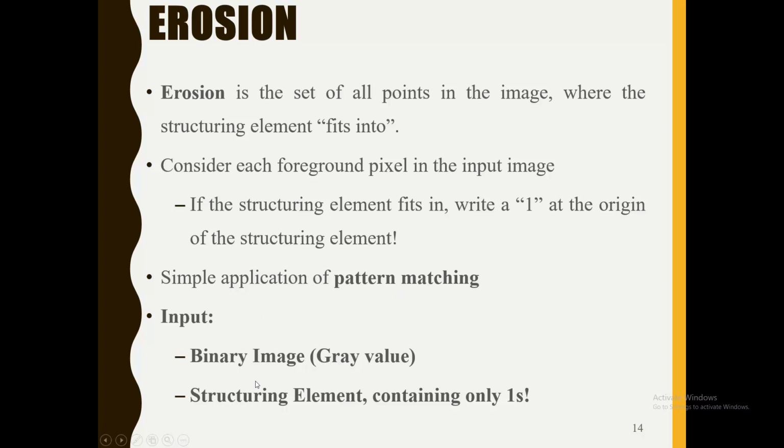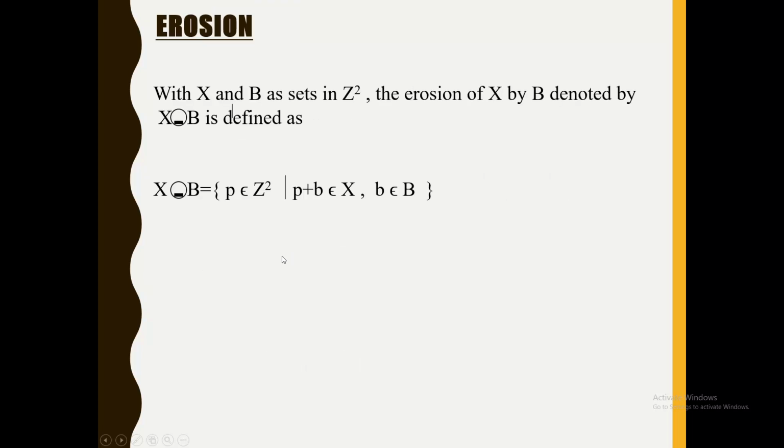Input is a binary image and a structuring element containing only ones. You have to remember that if the structuring element fits in, write a 1 at the origin of the structuring element. And the definition of erosion is this one. With X and B as sets in Z square, where Z square is a two-dimensional space, for example an image, the erosion of X by B, denoted by this symbol, is defined as